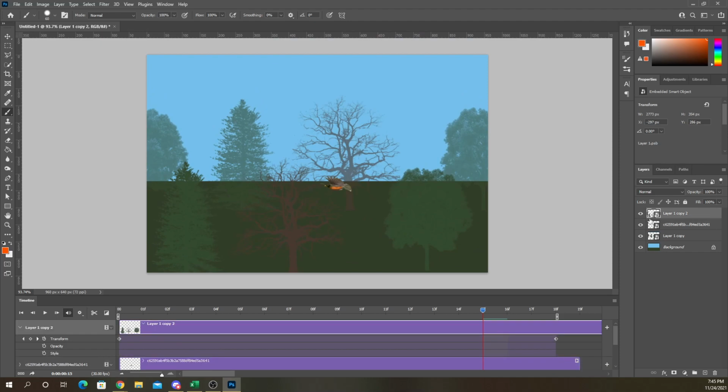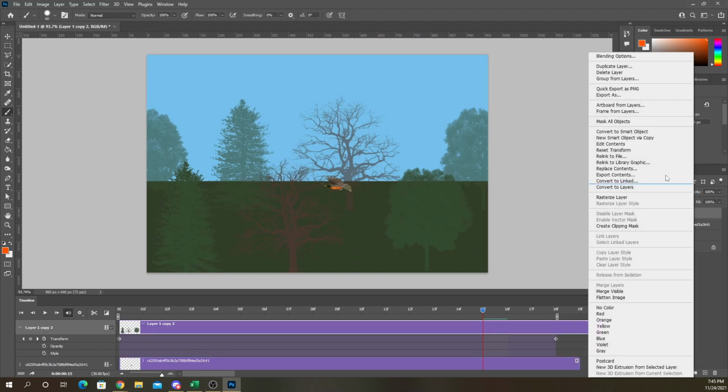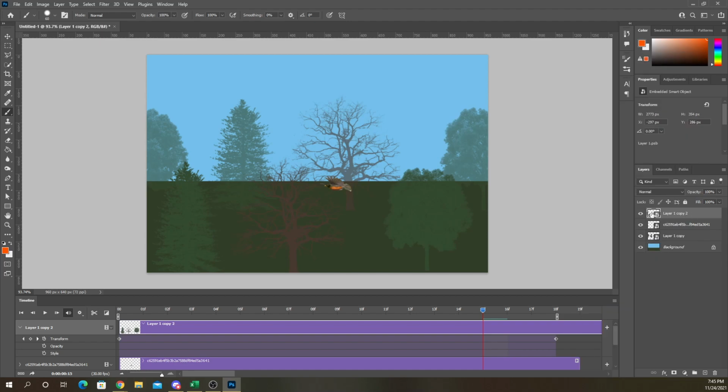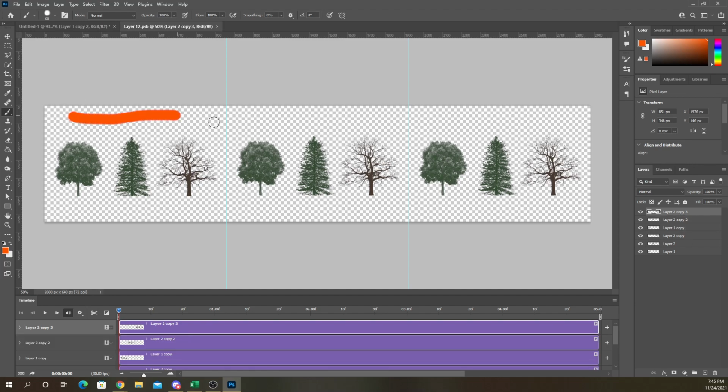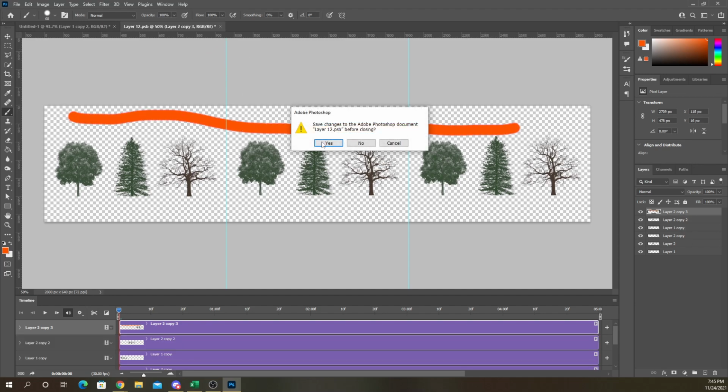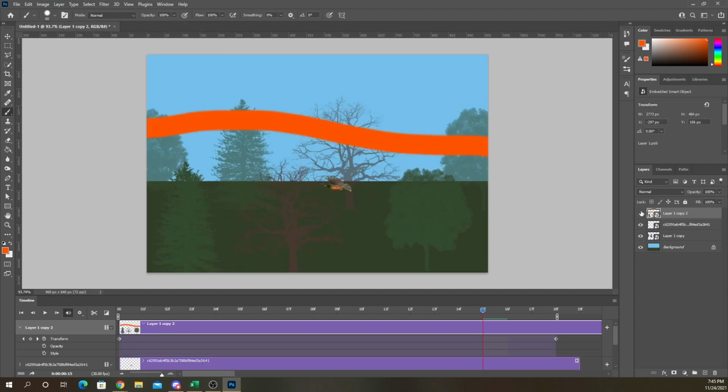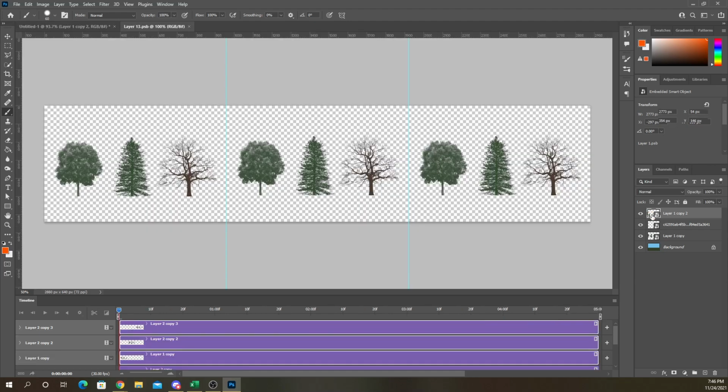Okay, so now that I made a copy of layer 1 with new smart object via copy, I should be able to now draw a line across the top on this one. Close that and save it. Yep, and it doesn't affect the other one. You see, the other one doesn't have that line. Only that one. So let me undo that. Now I could double click this and make it different than the other one. So I don't know, maybe change the colors or add some more trees or something,